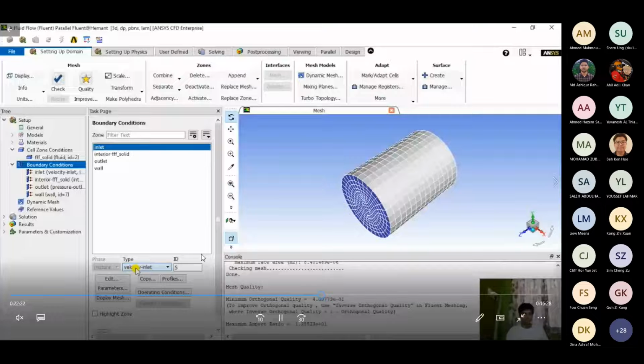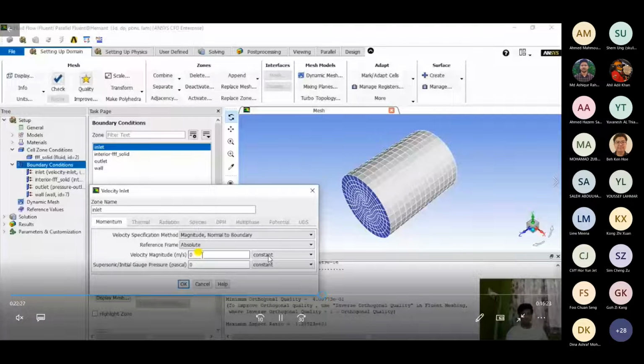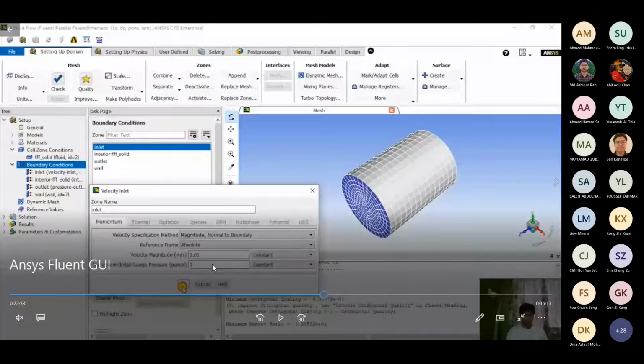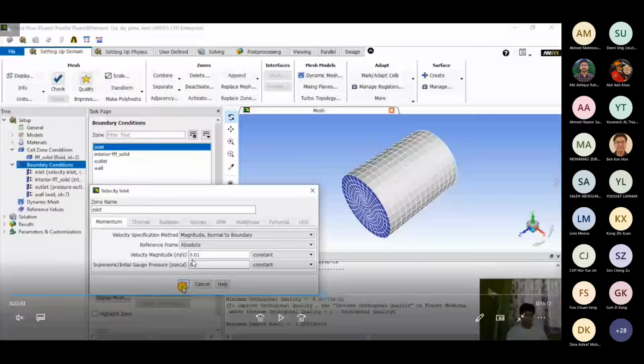And when you click on edit, it will open up this small panel where you can change the magnitude of the velocity, that means the value of the velocity. It is given as 0.01 meters per second. Now I know you might have known about laminar flows. If your velocity is as slow as this, 0.01, then you would have laminar flow for sure.